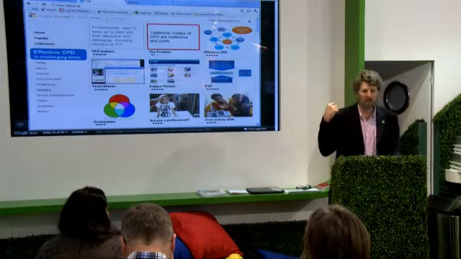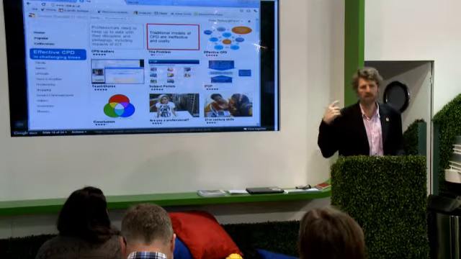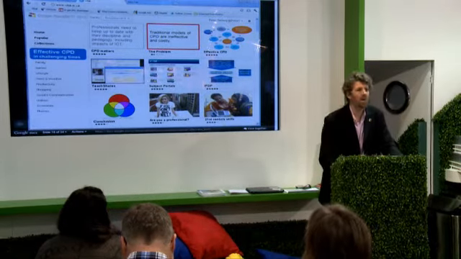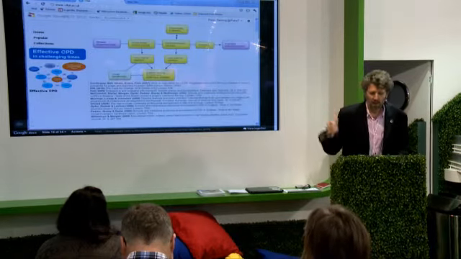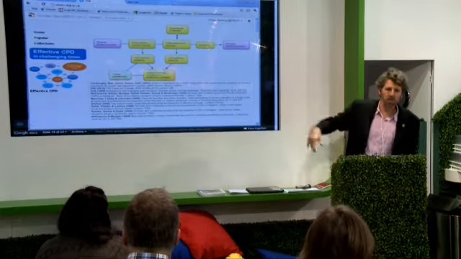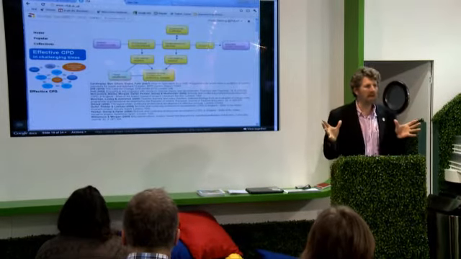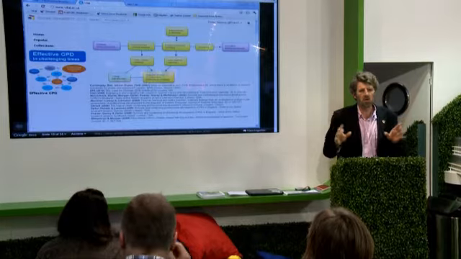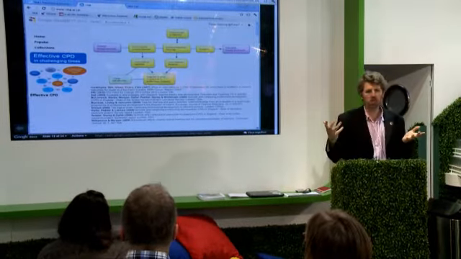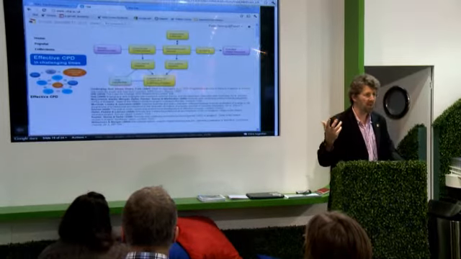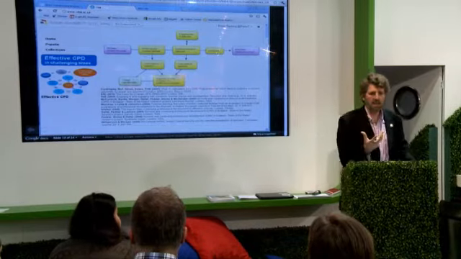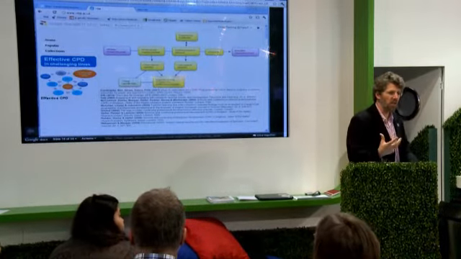So that's the problem. Traditional modes of CPD aren't effective. We need to find new cost effective ways of supporting staff development. What do we know about effective CPD? Can you see that? Not much. I did a literature review, so summarised all the key literature, again focused on UK staff development. And the key message is, over on the left, it needs to be strategic, it needs to be linked to your school development plan. No surprise there. It needs to be school-based, it needs to be related to your context, your needs, your concerns.